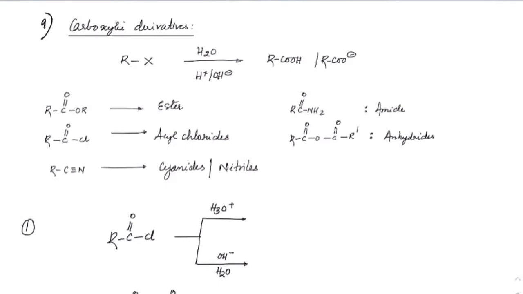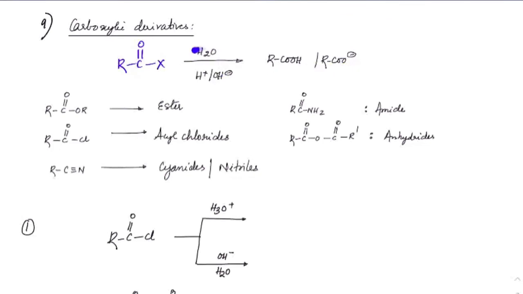Finished. Next. So far we have got acids from alcohols, aldehydes, ketones. Now let's see how we can get it from carboxylic acid derivatives. If you take RC double bond O X, this X could be anything like acid chlorides, esters, anhydrides, cyanides, nitriles, or amides. You can take any of that. That on hydrolysis will give us acids.